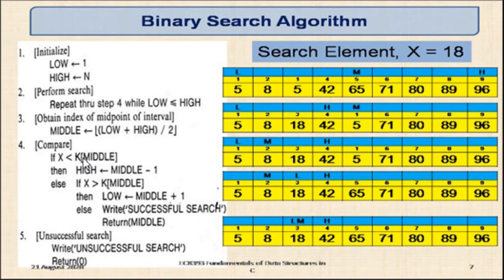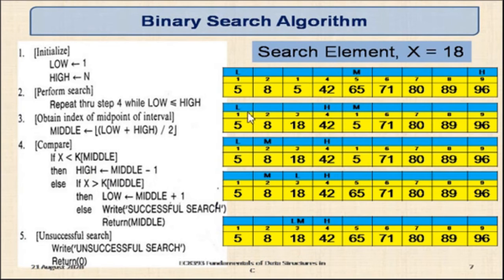So in this case, since the value being searched is available in the left half of the list, we can discard the right half of the list by adjusting the pointer high. High is equal to middle minus 1. Middle is 5, 5 minus 1, 4. High is equal to 4 now. So now high is pointing to this.